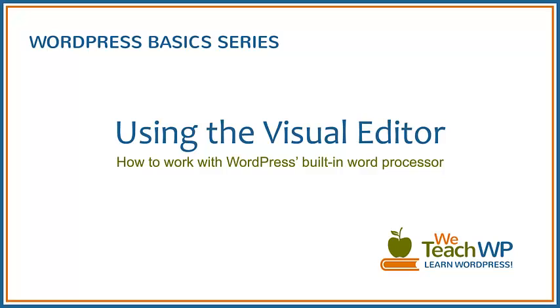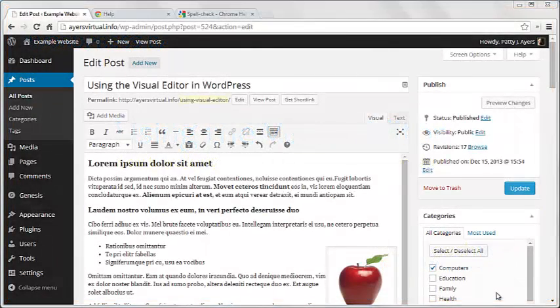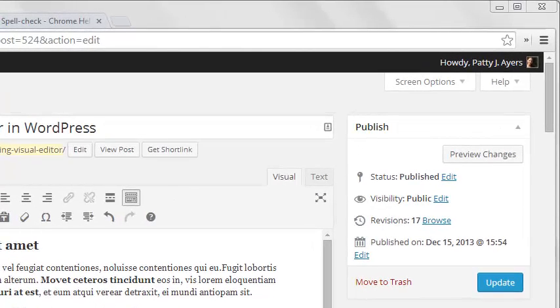In this video, we'll go over how to use the Visual Editor, WordPress's little built-in word processor. The Visual Editor is found on the screens where you write and edit posts. The first things to understand about the Visual Editor are the two tabs on the top right, the Visual tab